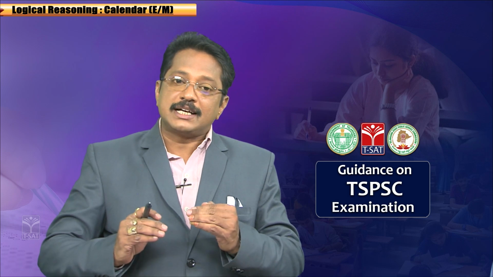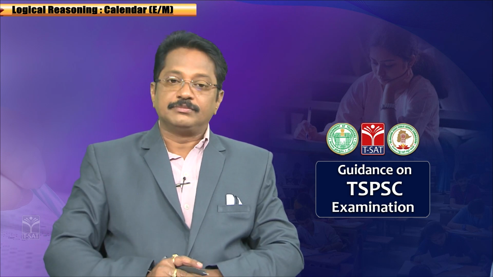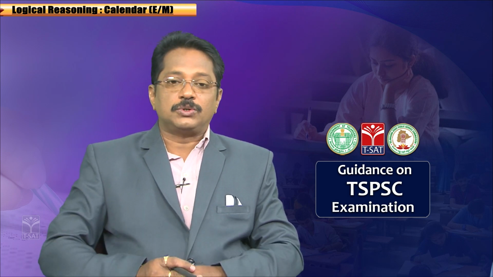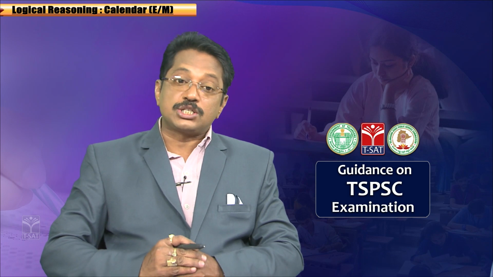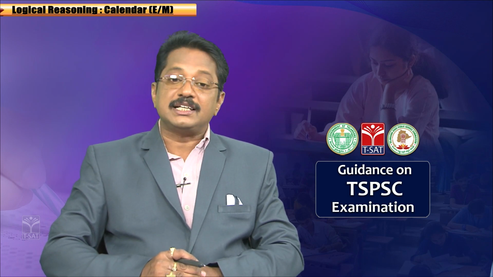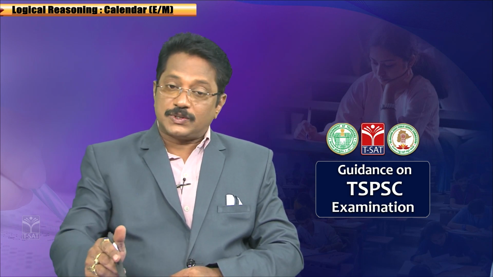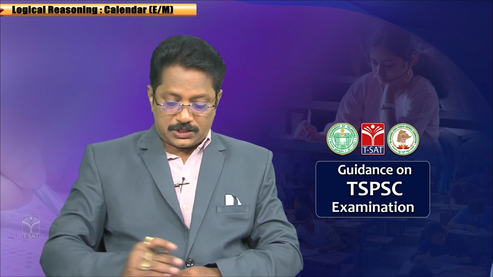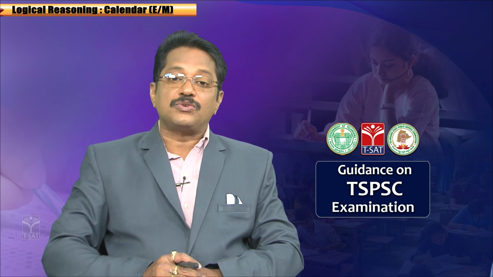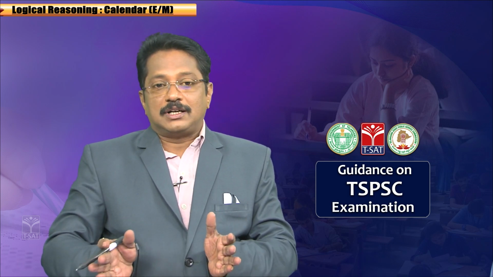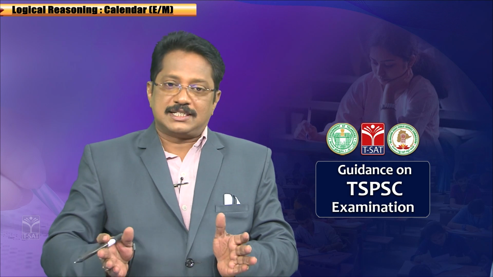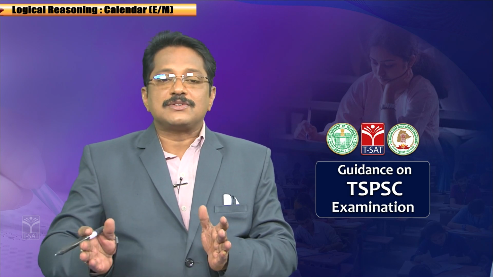First you have to write the date, 7, then write the month code. What is the month here? June. The code of this month is 4. The last 2 digits of the year are 22, that is 2022, and the century code for this one: 2022 comes in 2000 to 2099.